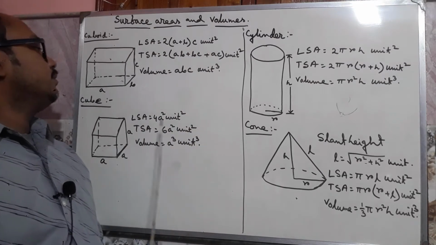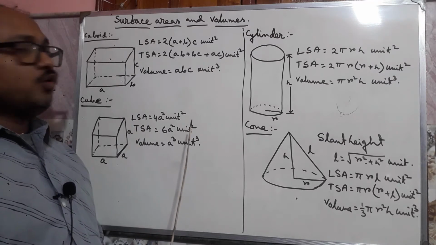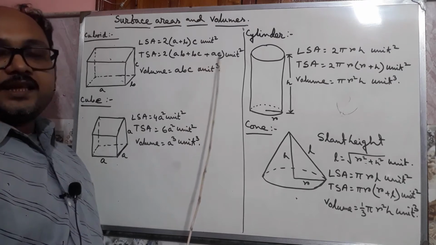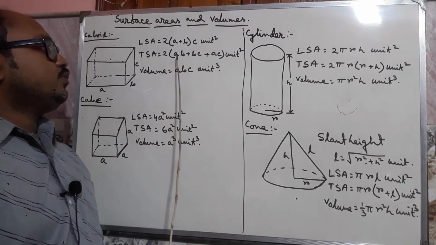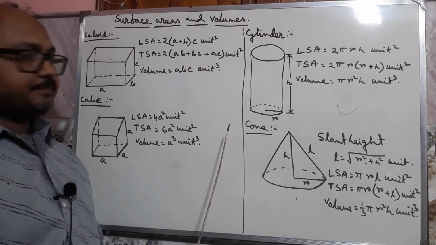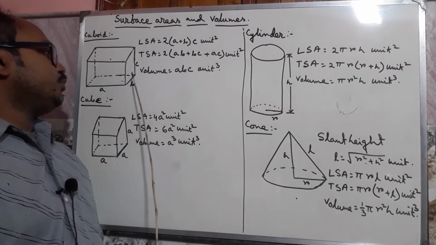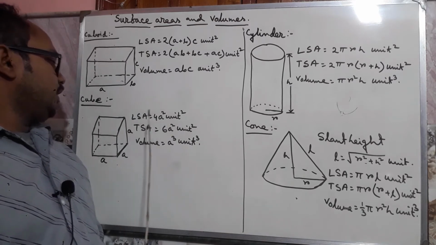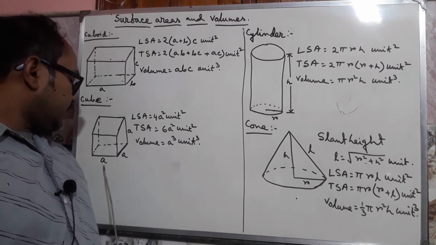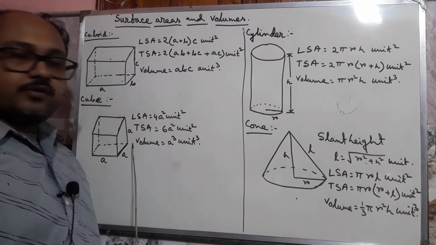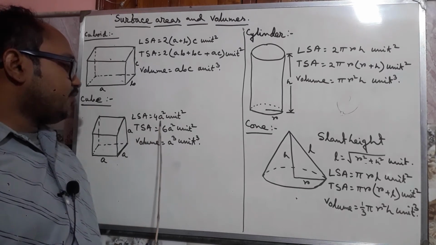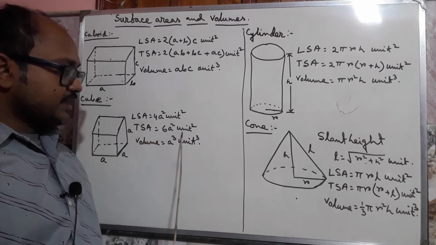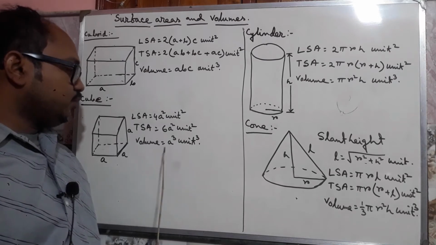unit square. Total surface area: 2 into (length into breadth plus breadth into height plus length into height) unit square, that is 2 into (AB plus BC plus AC) unit square, and the volume, length into breadth into height, that is ABC unit cube. For a cube, all the length, breadth and height are equal. So the lateral surface area will be 4A square unit square. Total surface area will be 6A square unit square, and the volume